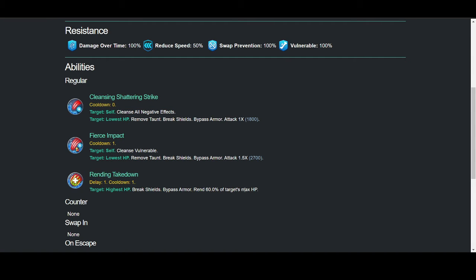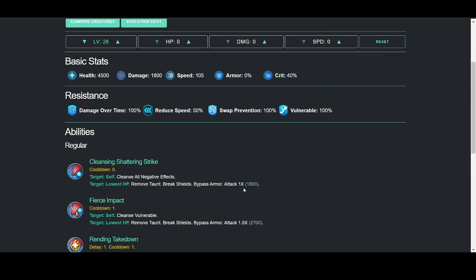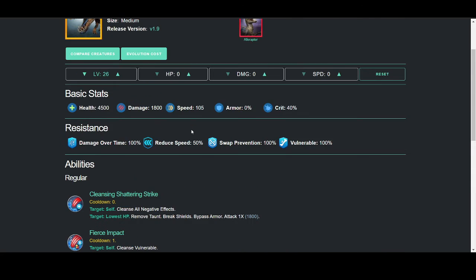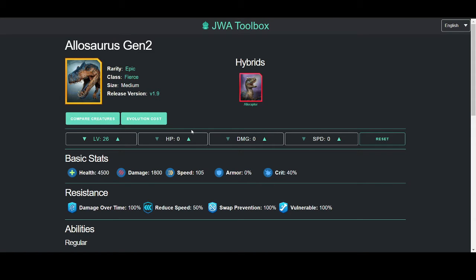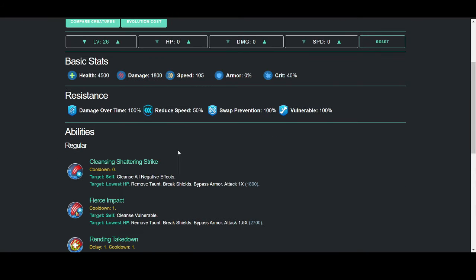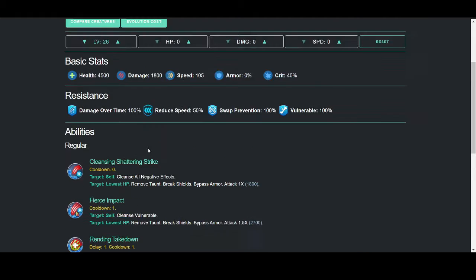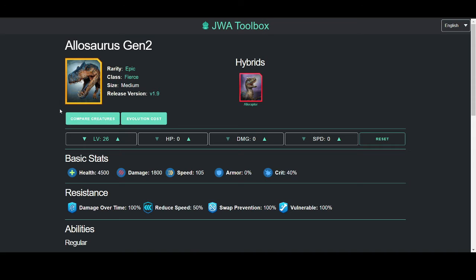And then Rending Takedown, which on a Chomper with such high base damage is probably worse than Defense Shattering Rampage. But I don't think it's that much. I don't think it's worse enough to make this on par with Rex, to make this not a tier better than Rex. So yeah. Unfortunately, this thing still can't beat Diplodocus, which is why another Epic Chomper is a tier higher than